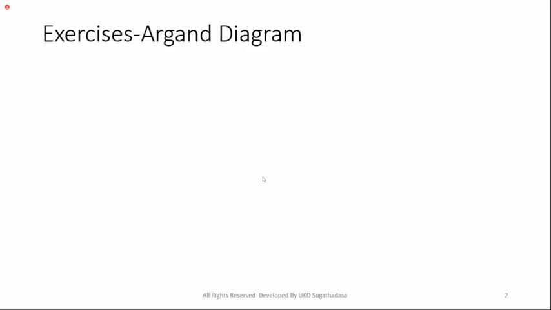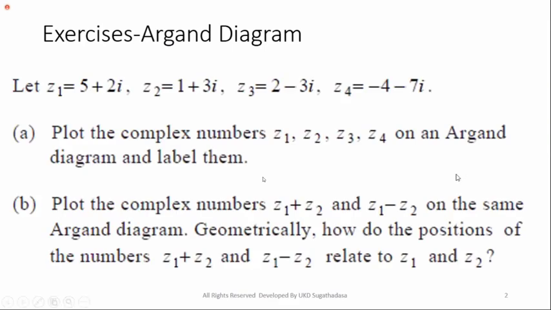If you have hard copies, you can take the question, complex number part 2. Exercise about the Argand diagram first. This is the question, I have attached it here. You can see the question now. This is the review session, the final session. 4 complex numbers are given, Z1, Z2, Z3, Z4. Plot the complex numbers on the Argand diagram.